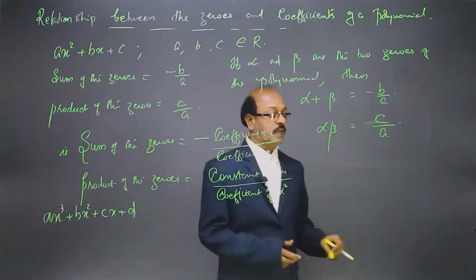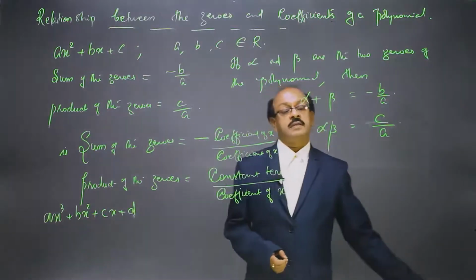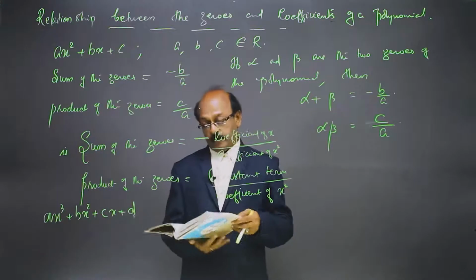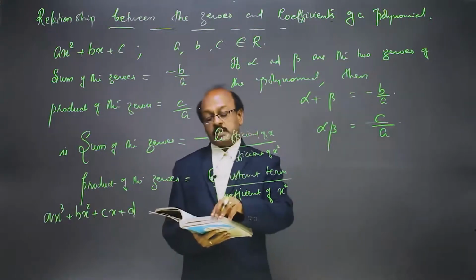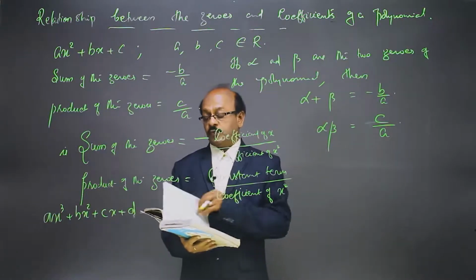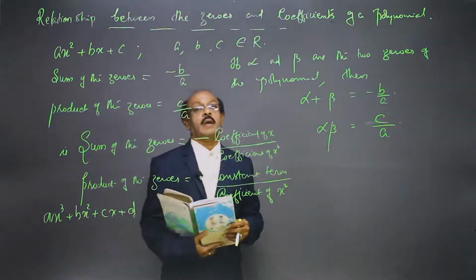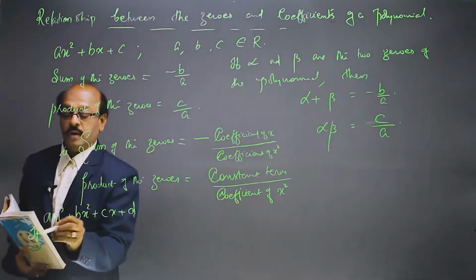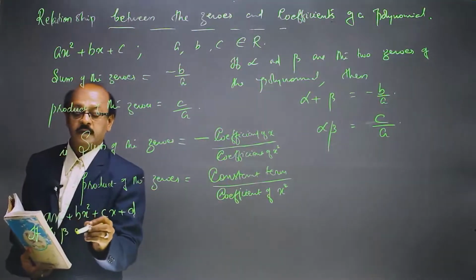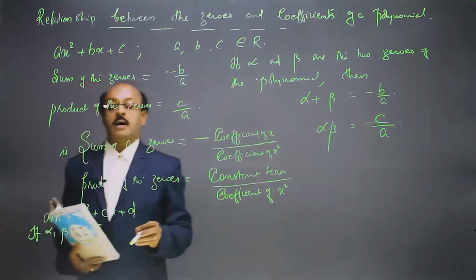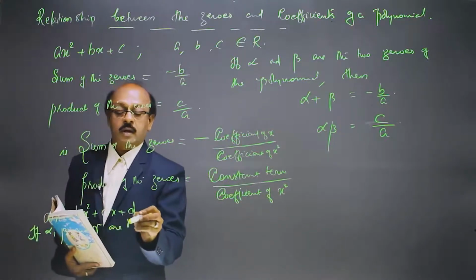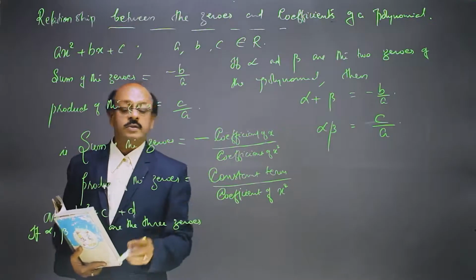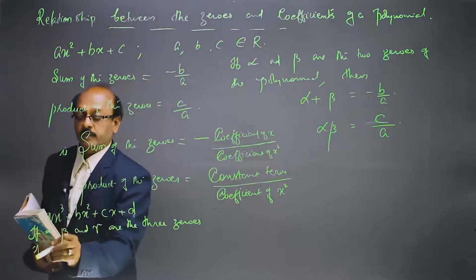Since this is a third degree polynomial, there will be three zeros. If alpha, beta and gamma are the three zeros of the cubic polynomial,